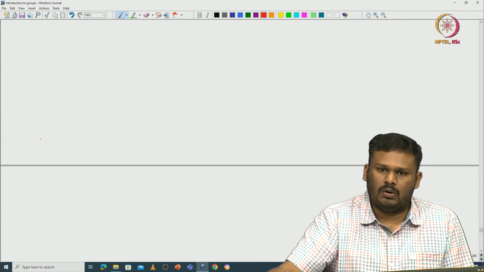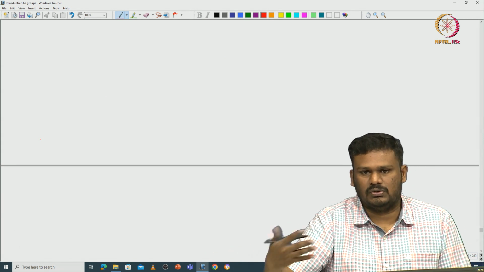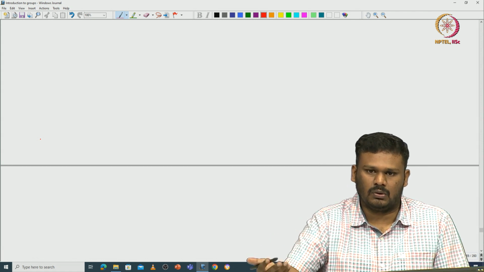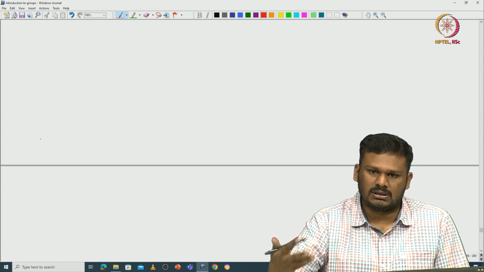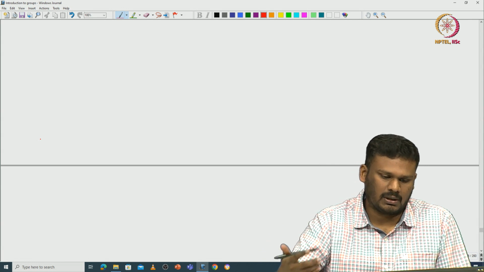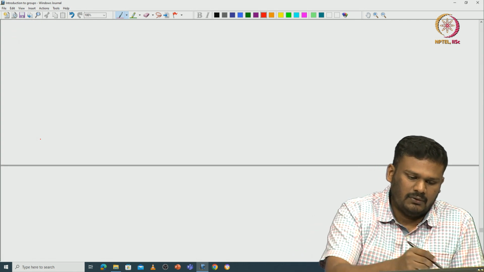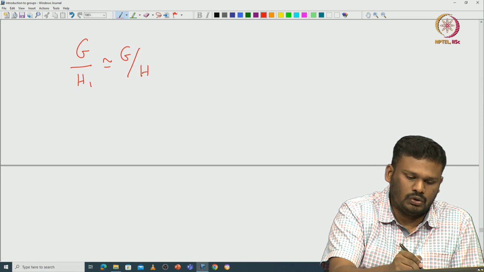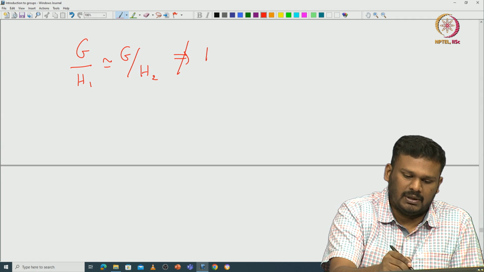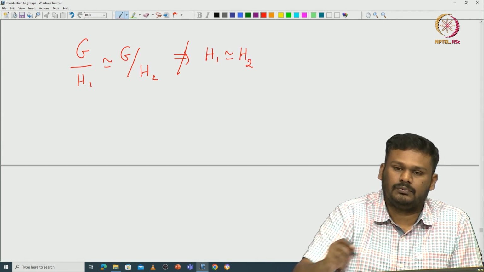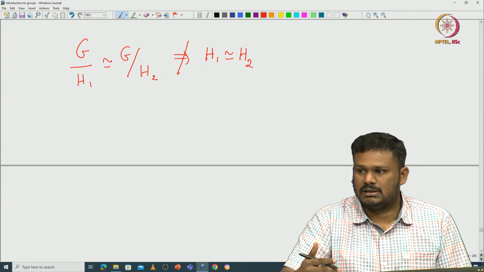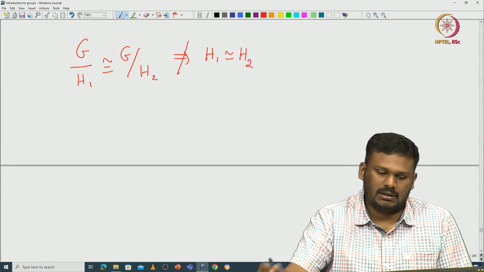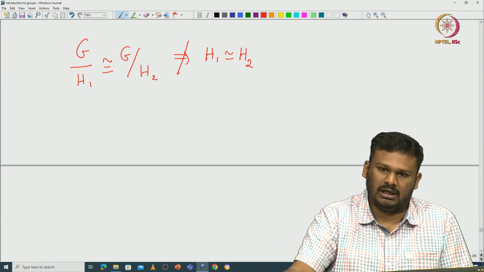So this kind of opens up so many possibilities. Okay. If you start with any abelian group, any subgroup you can take and then quotient it out and look at the quotient group. So this is giving us lots of interesting new groups. Okay. So sometimes we have to be careful. For example, G mod H1 being isomorphic to G mod H2 does not necessarily imply H1 isomorphic to H2. Okay. When you go to the quotient, something very funny can happen.